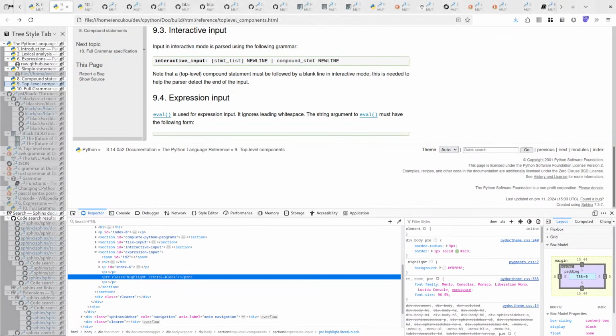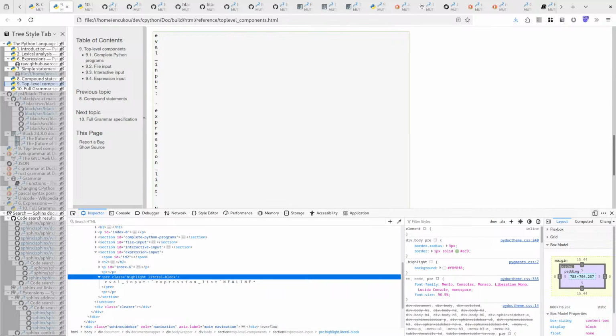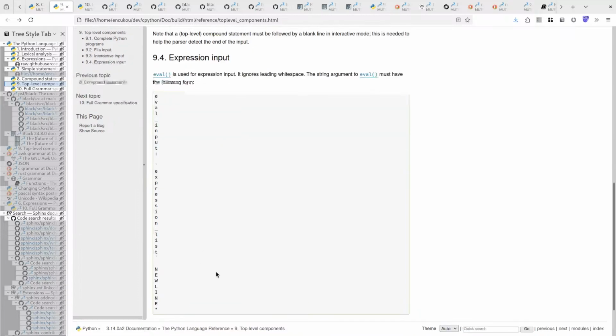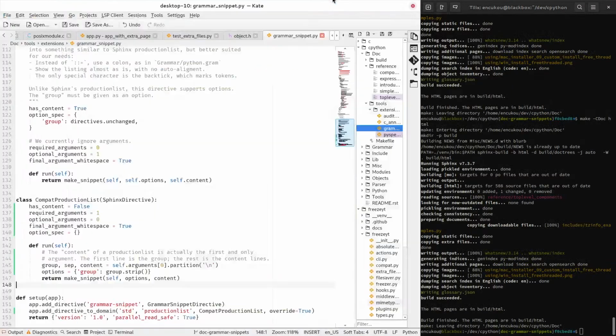Alright, let's see how it looks now. Ah, there we go. Nice. We should probably split the lines instead of giving it as one string, which gets split into characters. But the content is there. Alright, so partition might not be the best thing here. Let's do